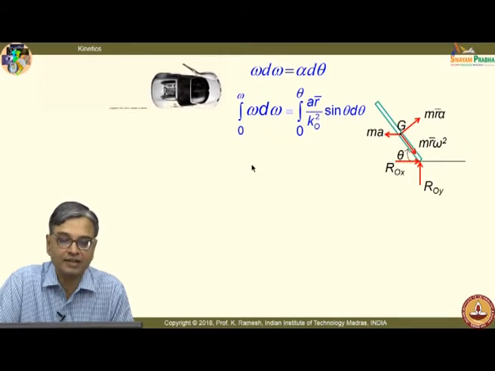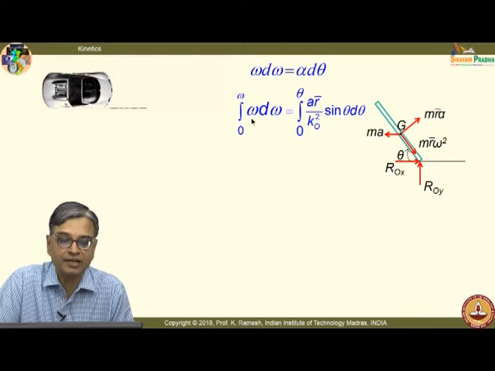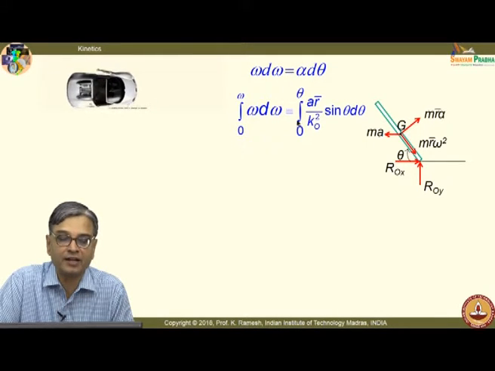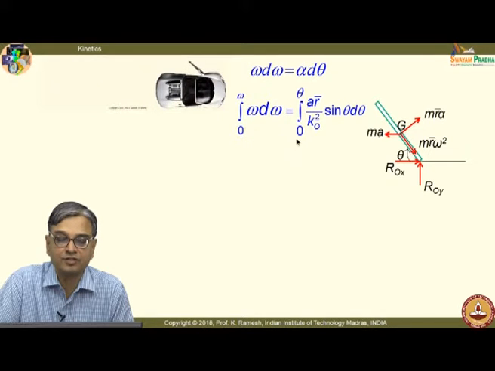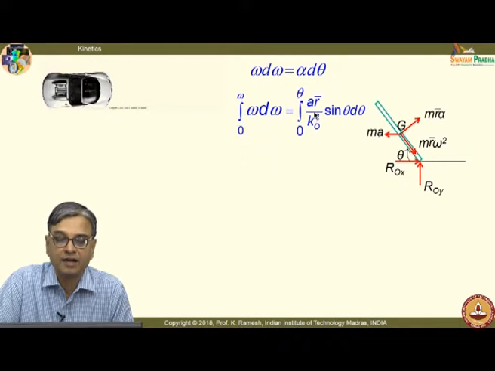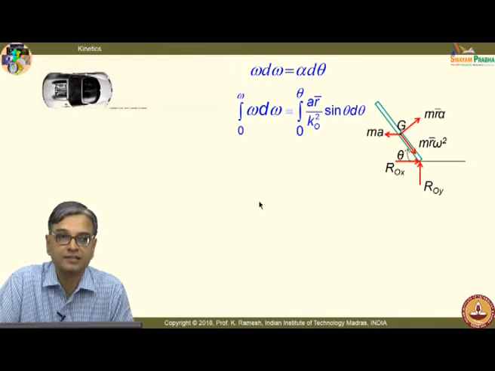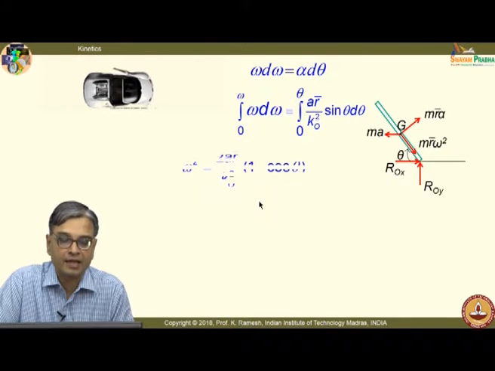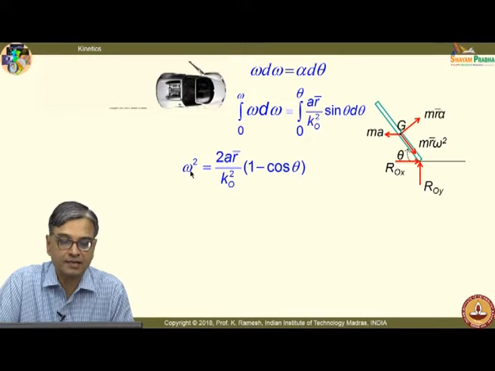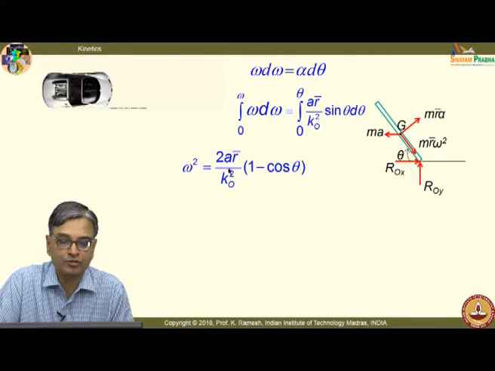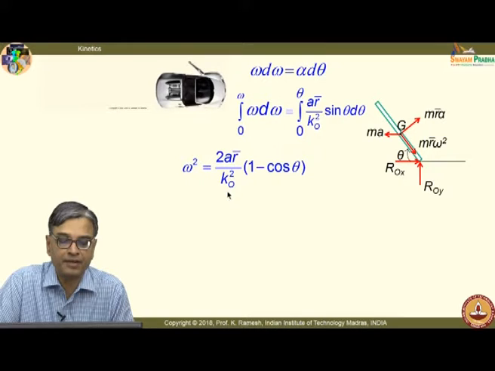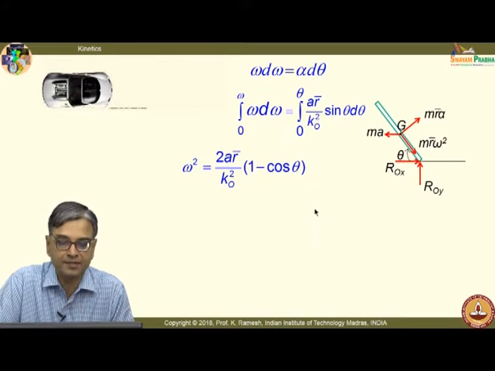So, you are using that here. So, integral 0 to omega, omega d omega equal to integral 0 to theta alpha d theta. Alpha we have got the expression from the previous step, and then when you do this, I get omega squared equal to 2a r bar by k naught squared into 1 minus cos theta,